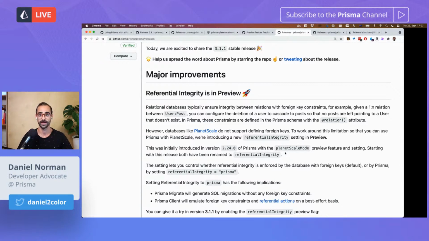Okay, that was that. So PlanetScale came along, and PlanetScale does not support defining foreign keys. And they have very good reasons for why they do this. In case you're not familiar, PlanetScale is based on a technology called Vitess, an open source technology that was used, I believe, at YouTube in order to scale a lot of their MySQL workloads.